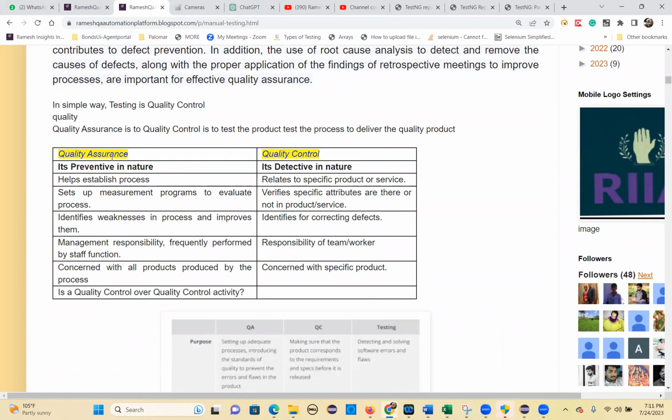So what is quality assurance and quality control? There are quality control, quality assurance, and testing. These are the different terminologies people will use, but all are related to the same. But only quality assurance is a bit different,